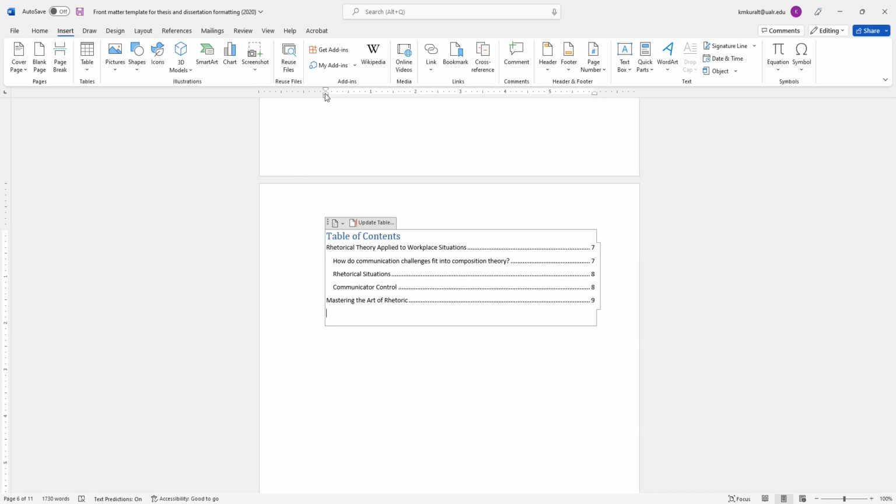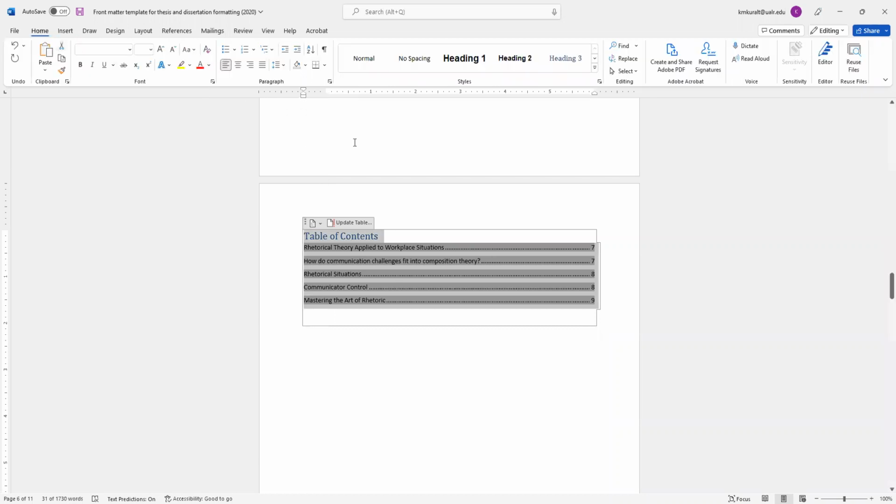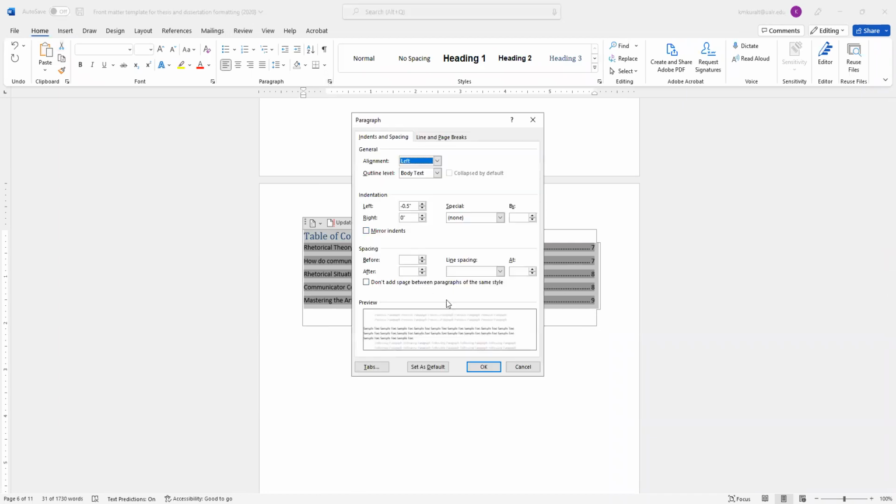While we're here, I am going to move this over. Oh, hey, that wasn't cute. Let's take the whole table and scoot it over. There we go. And go back to the Home tab and take a look at the paragraph, and make sure that it is double spaced.